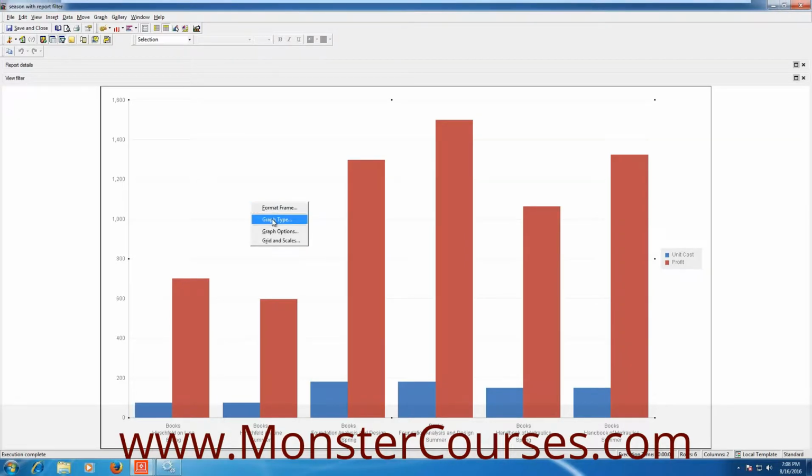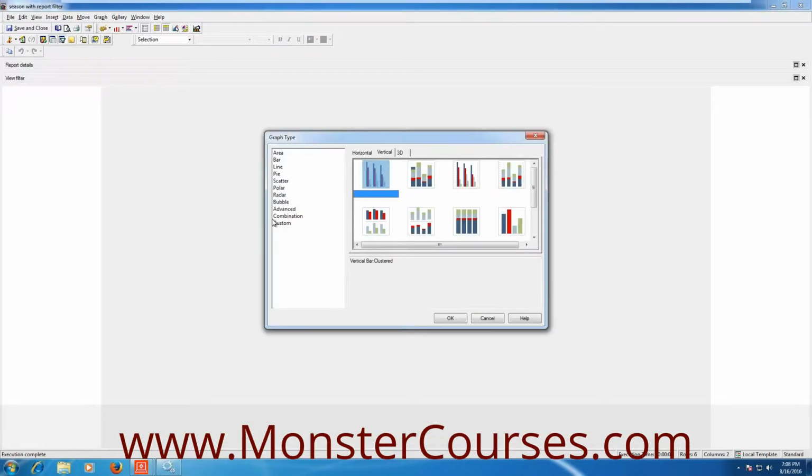Graph type. So you see left side a lot of options there: area, bar chart, line chart, pie chart, polar, bubble, advanced, and everything. You have to choose a particular chart when you're creating something, and probably from there you can work on that. In the sense, you can change the colors, formatting, x-axis, y-axis, all those things. As we are in bar chart now, if you wanted to see, click OK here.